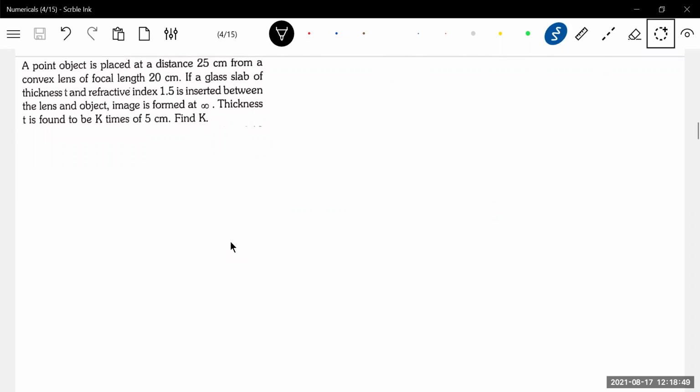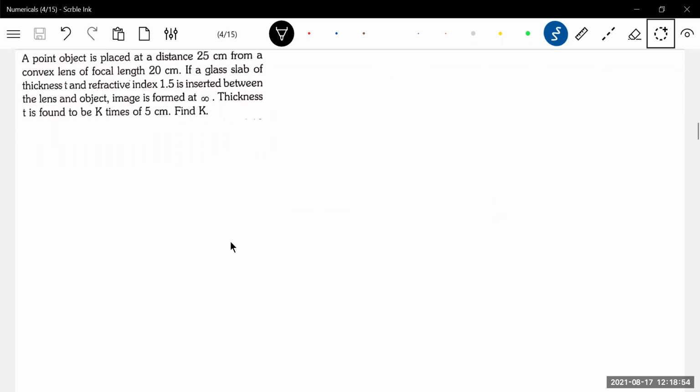Some glass slab, the idea of glass slab. Draw the lens. Here also the method is drawing the diagram. You check the advanced also. Roughly 60% of numericals in ray optics have no diagrams, and the remaining 40% have diagrams. So the professor wanted you to imagine the diagram. Once you draw the diagram, I think it's very easy, you can manage.